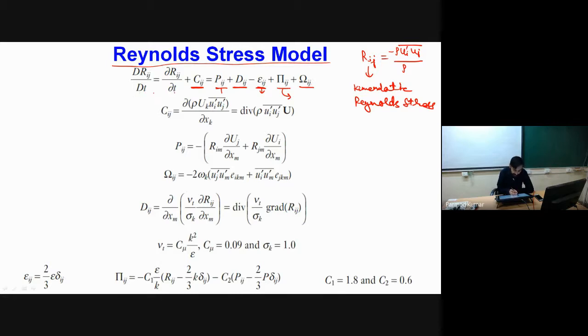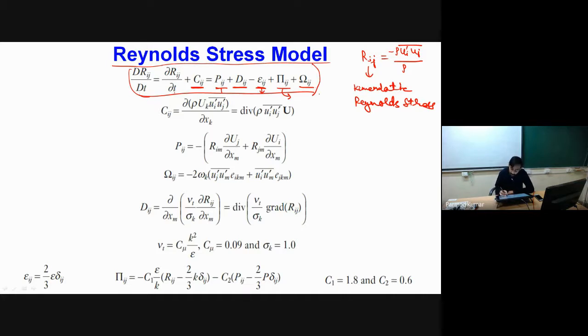Once again, I am repeating it. This is the temporal evolution of the Reynolds stress. This is the convective contribution. This is the contribution due to pressure. This is the diffusive contribution. This is the dissipation of the turbulent stress. And this pi ij term is the production of turbulent stress due to our normal deformations, meaning normal turbulent strains, and gamma ij is the production of turbulent stress due to shear turbulent strains. Okay. So once we have this main governing equation,